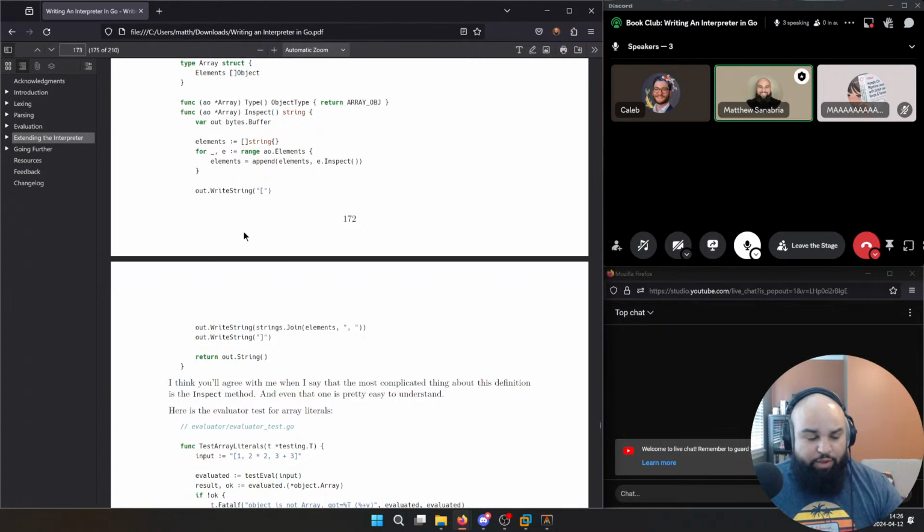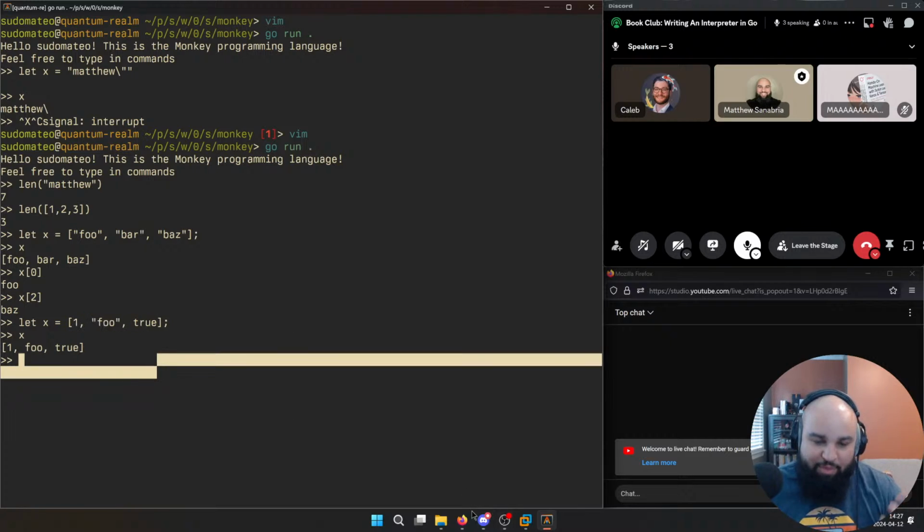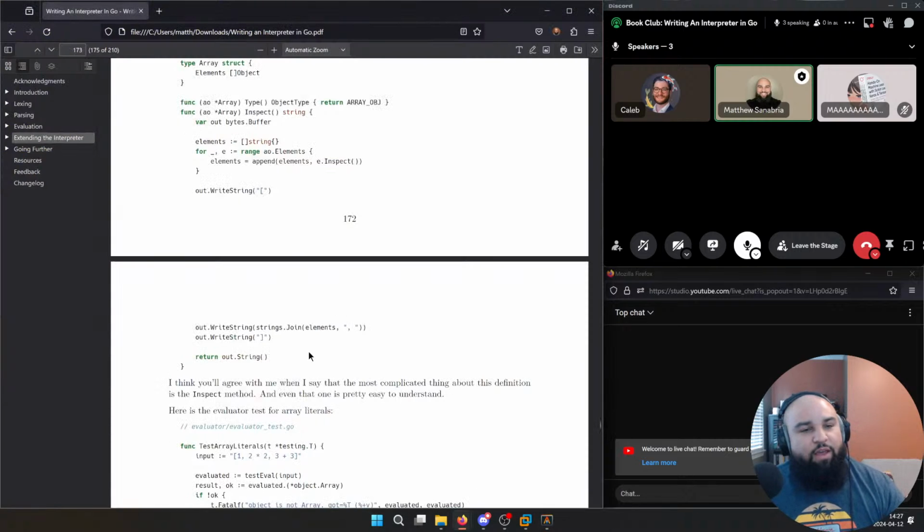The author makes a point here to say that these arrays can hold any types. So I can do this, let x equal 1, foo, and true or something. And this will work correctly. They don't have to be the same type in this Monkey programming language.